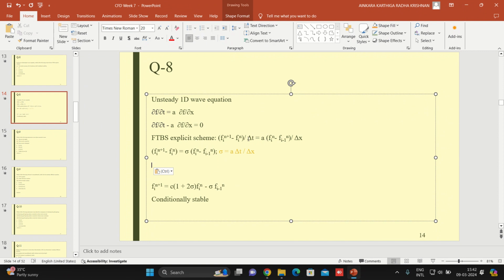So this one we have substituted, this delta t has gone to the other side, so a into delta t by delta x we have substituted as sigma, and now f i n plus 1 is equal to sigma into f i, minus f, minus will become plus because it is going other side, and after that, yes, so sigma into f i n minus f i minus 1 n, so this f i minus 1 has gone to the other side. So on the whole how it would turn out,